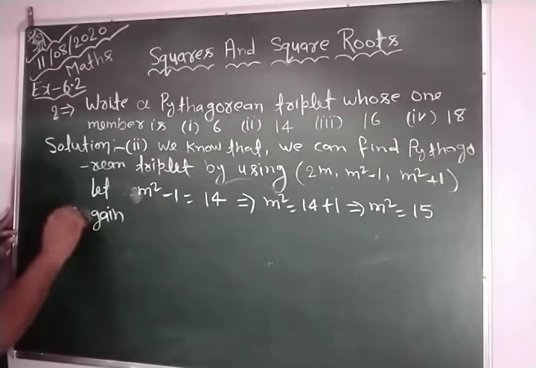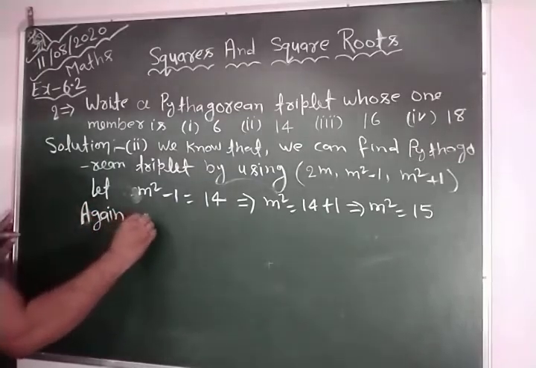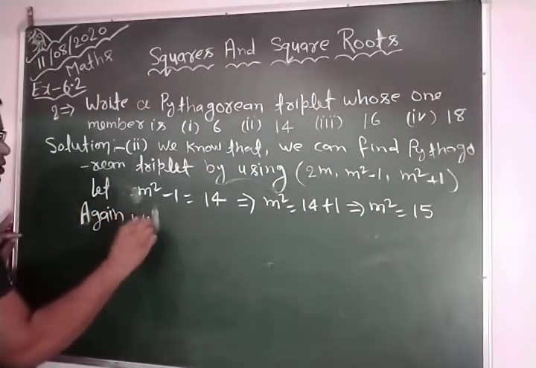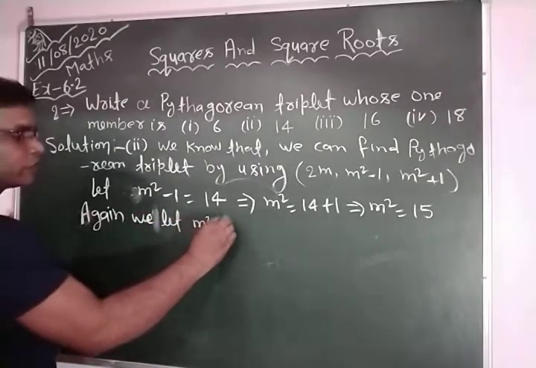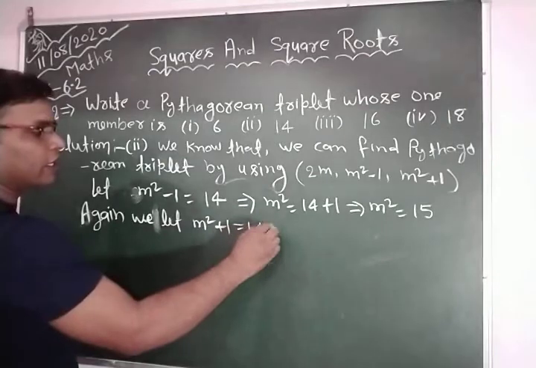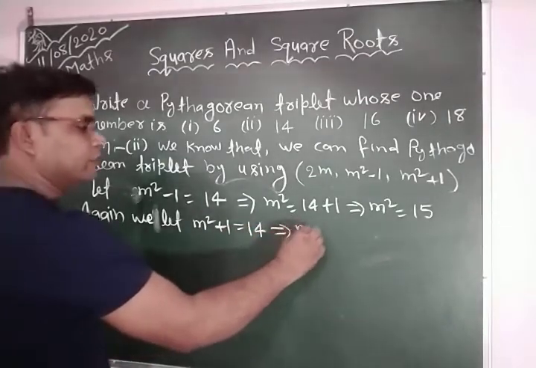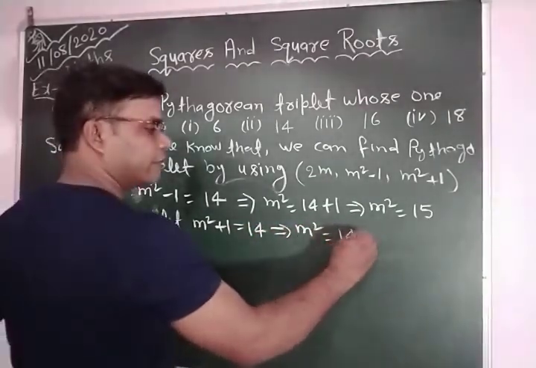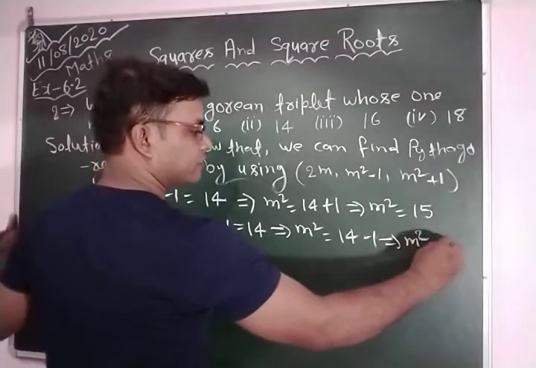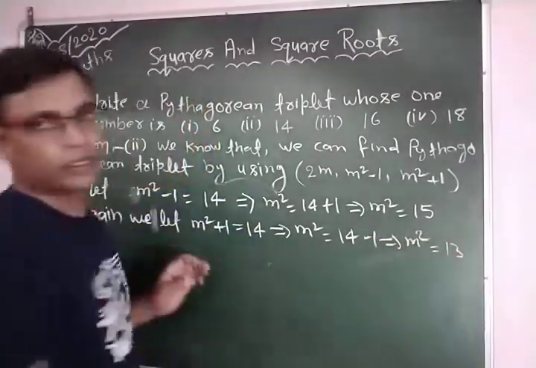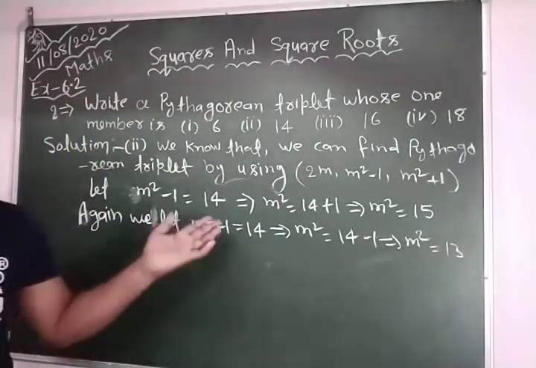Again, we let m square plus 1 is equal to 14. So this implies that m square is equal to 14 minus 1. This implies that m square is equal to 13. So what is here, you can see,